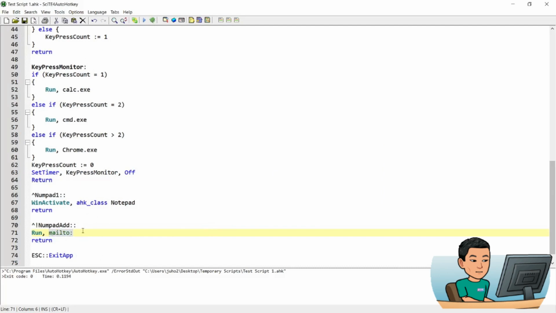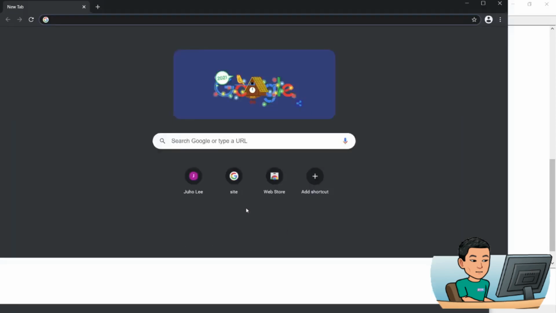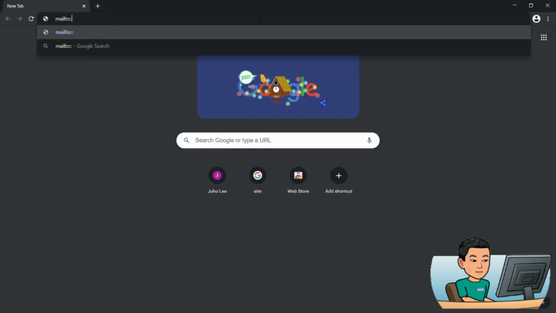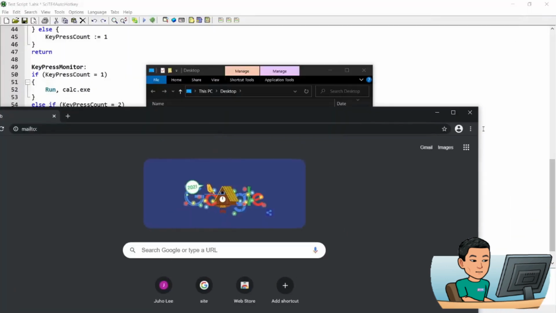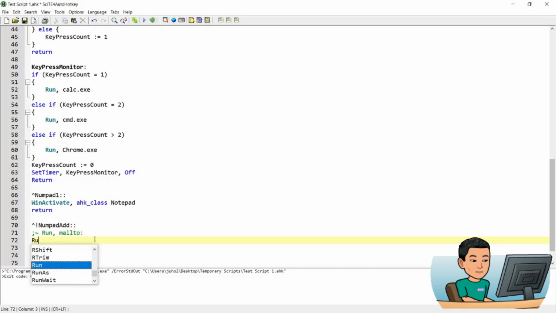AutoHotkey thinks this is a hyperlink, and just to demonstrate that it does think that this is a hyperlink, bring up Google Chrome and then go in the address bar. If I type mailto and a colon, it's going to bring up my draft email like that using my email client. So in this fashion, while you can create a draft email like that, you can also do, if you so wish,